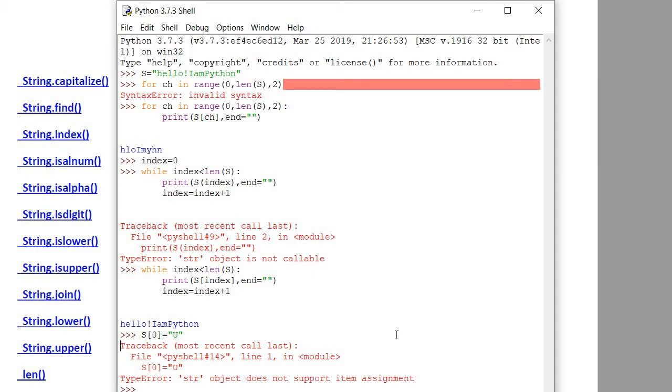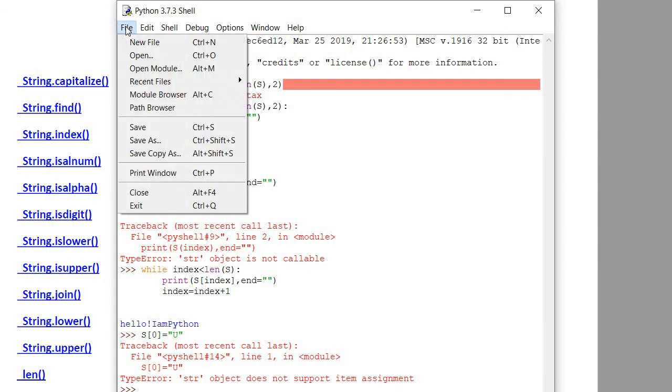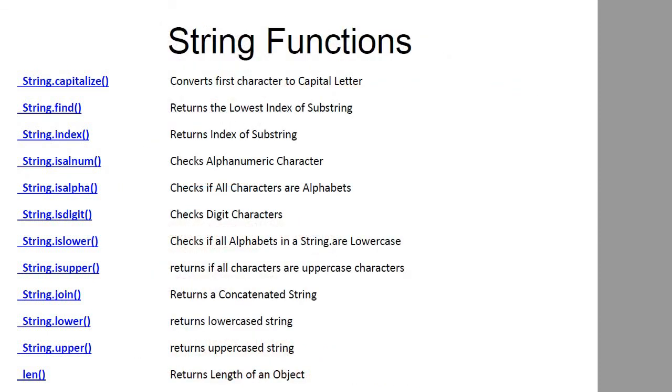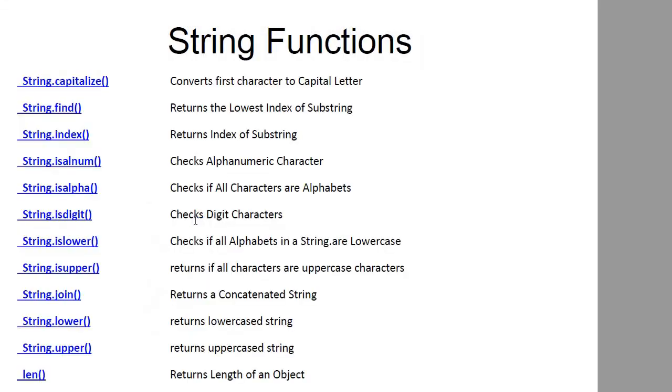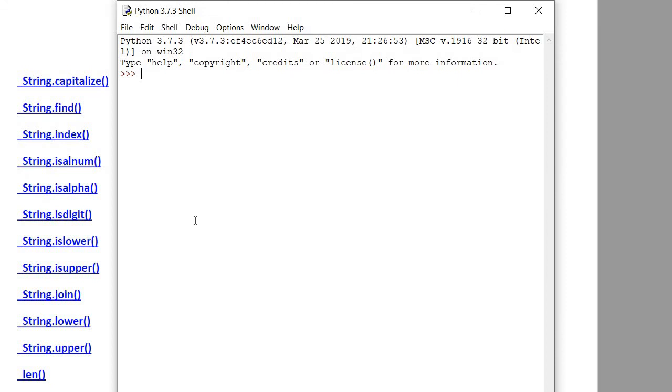Fine. Now come to string operators. I just restart the shell because a lot of things come. Now we will close it and we will start new. Fine. Now if you see here, we will check for some string operators. We will do slice operator, which we already did, because I gave you lots of examples on the slice operator, concatenation, repetition, in and not in operator. All the examples I already gave you.